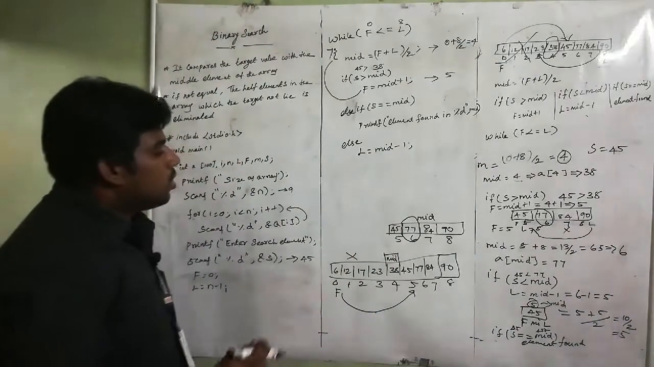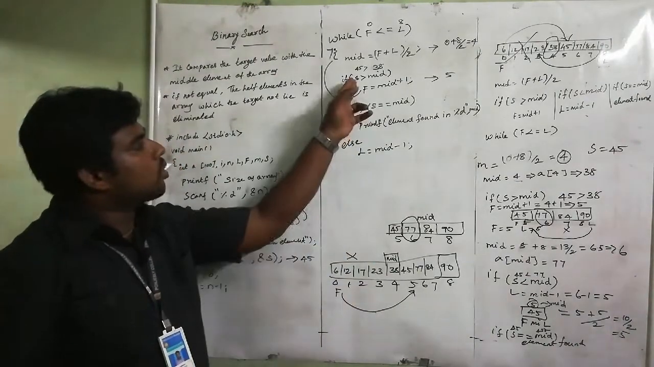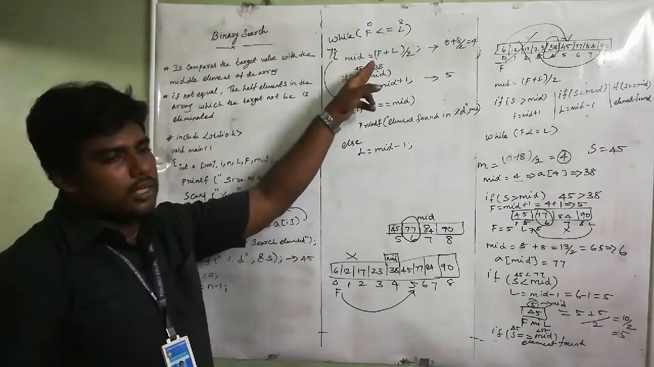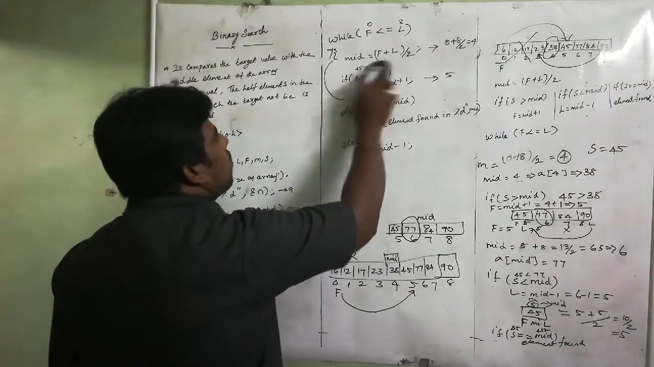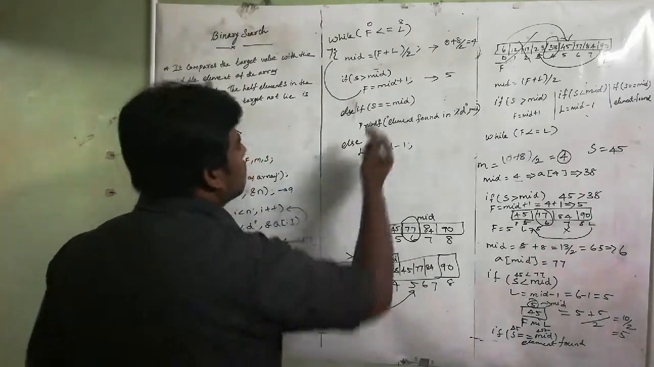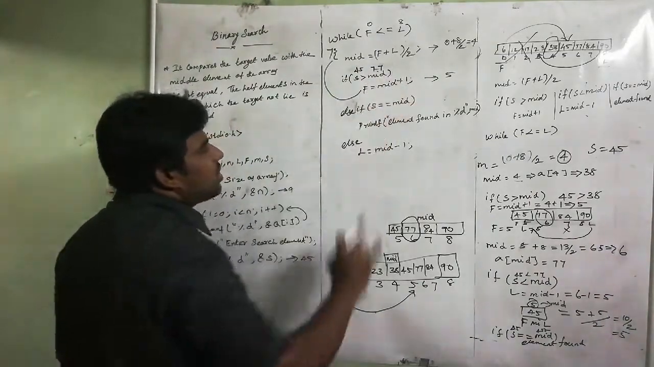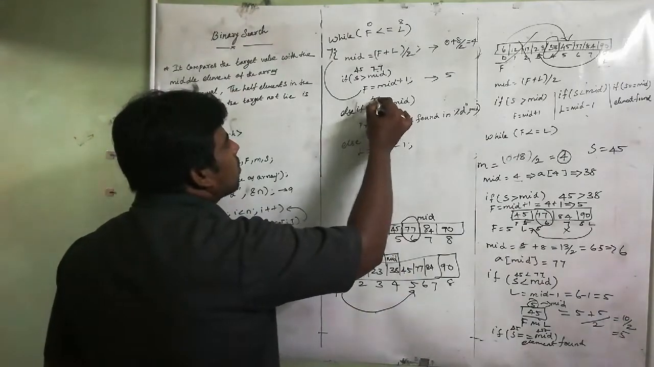Okay, so at first this condition is true, so what will happen? It will change the first value and go back. Now again, which one is mid? Now again the mid is 77, so 45 greater than 77, condition false, it won't execute. Again 45,